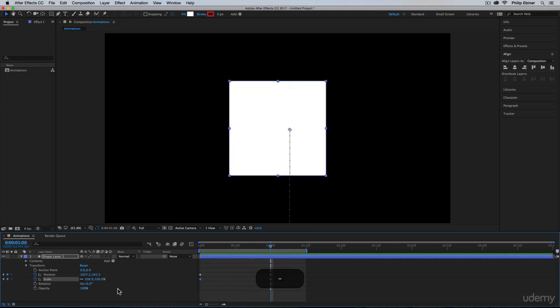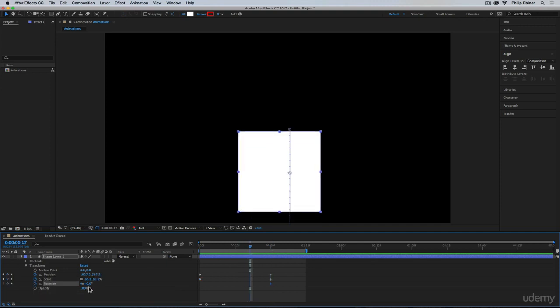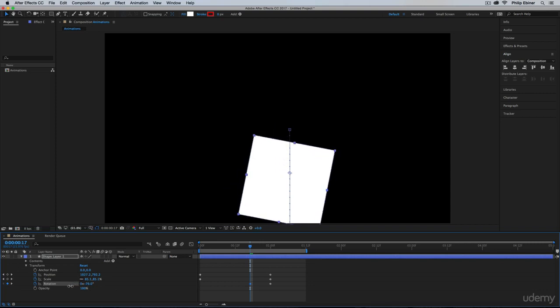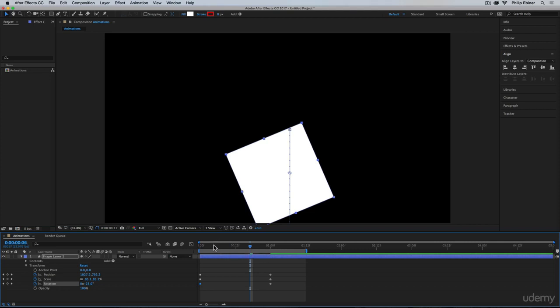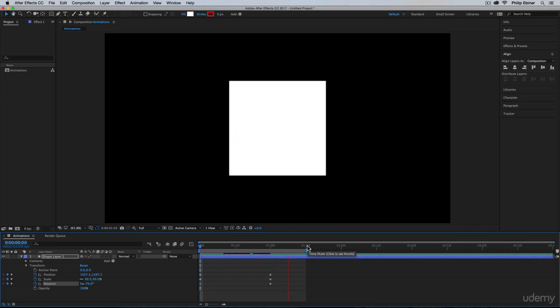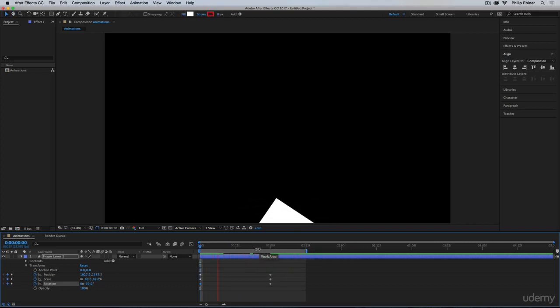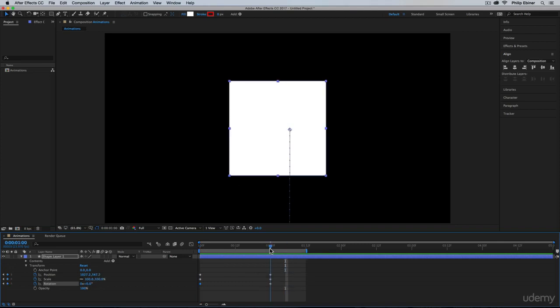And then let's just add rotation. So let's rotate. So this will be the final resting spot at this rotation. We'll go back again, and let's rotate to the left. Now, the problem that I see is that our anchor point isn't in the center of this object. So what happens is it rotates from that anchor point, which is a little off center, which actually looks kind of cool. But if we wanted it to be from the center, you're going to have to do a little